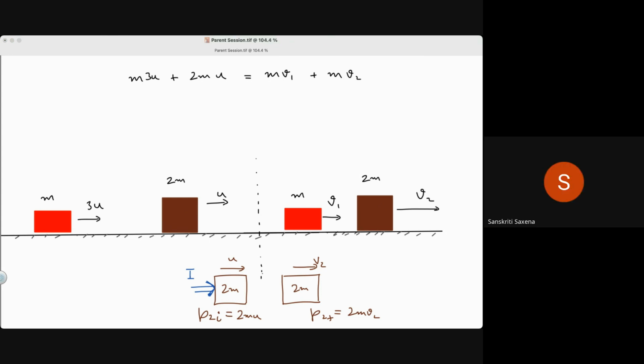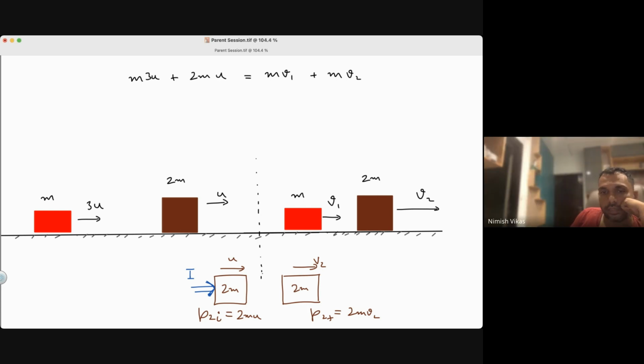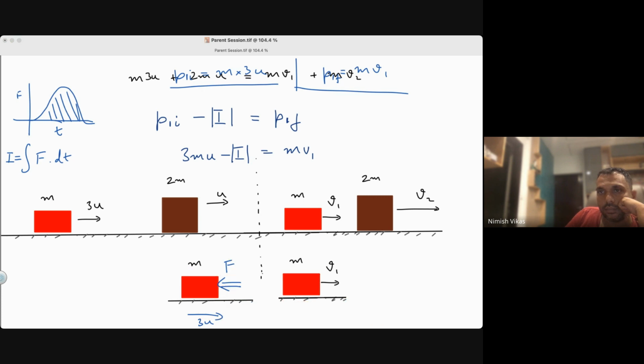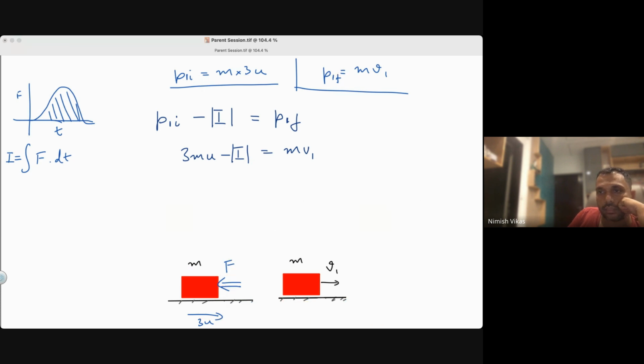2mu plus I is equal to 2mv2. Yes, absolutely. It had so much momentum, then it got I extra momentum and became so much momentum. Absolutely right. So may I just write the other one? I'll just write for the red body as